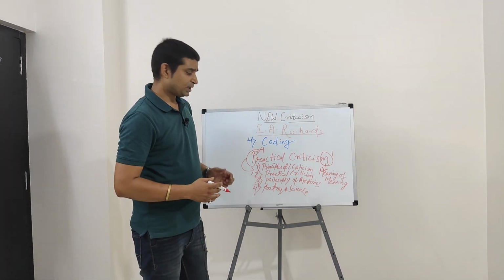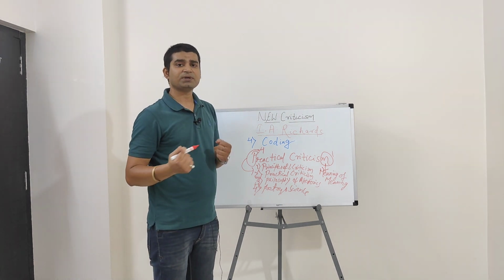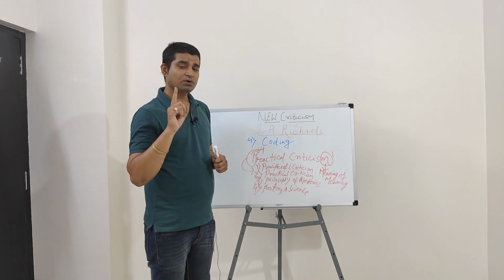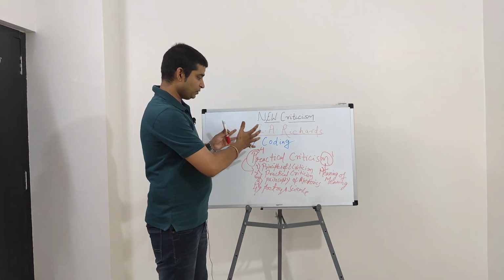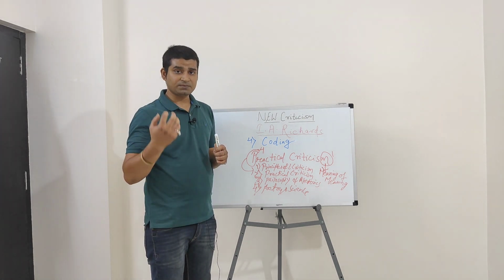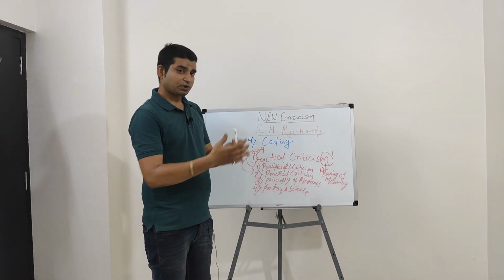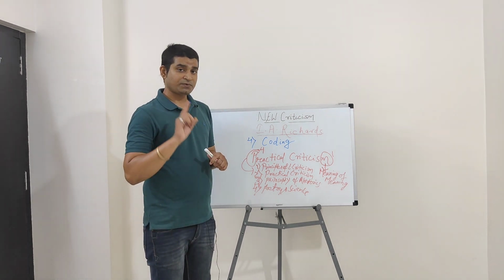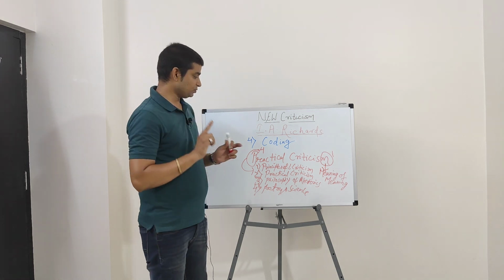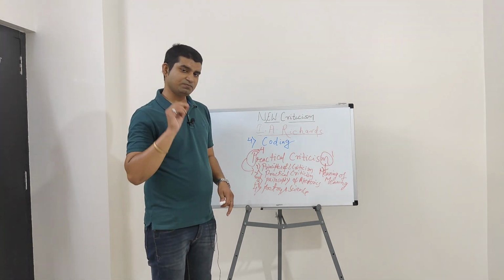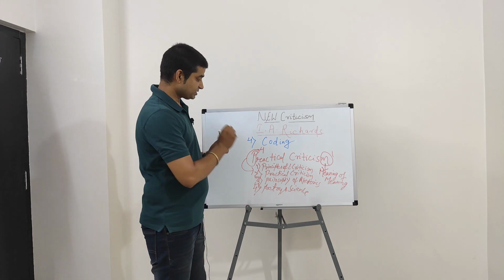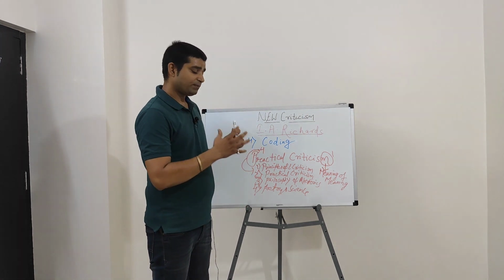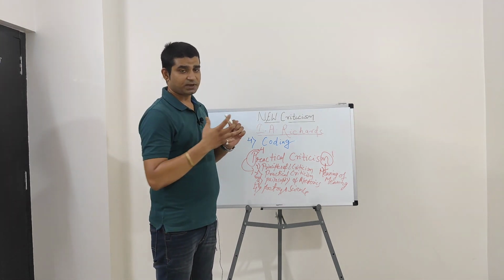So friends, you saw how easy it is to remember the works by going into the coding system, and I will always provide you a coding system in my video lectures so that it becomes easy for you to learn the important works as well as important concepts by a particular writer. So friends, you should always try to learn by this method. You must invent or you must see how coding is done, and when you remember the coding you will be able to remember the important works by a particular writer.